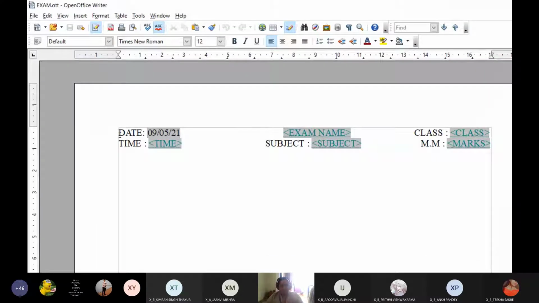So we can make changes into this, and the changes work in the same way as they work in LibreOffice Writer. Few points are there. In case you are adding any new text, or any image, or any clip art, all the previous documents which you have created using the template will have no change, because they were created before this template was updated. But now that you have updated the template, if you create any other document using that template, those documents will have all the changes.